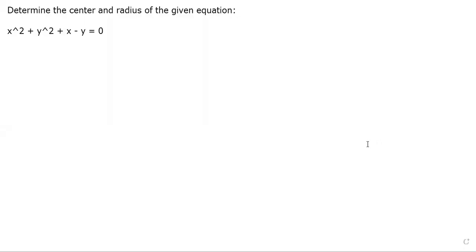Okay, so today we'll be talking about pre-calculus, particularly circles. Okay, so determine the center and radius of the given equation x squared plus y squared plus x minus y equals 0. So this is already in the form of a general equation since naka-equate siya to 0 and